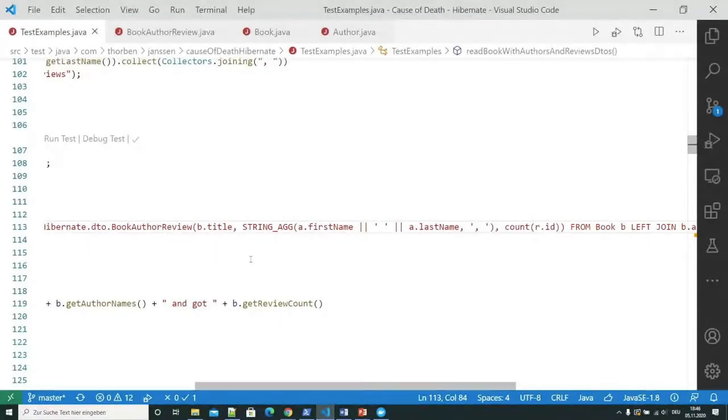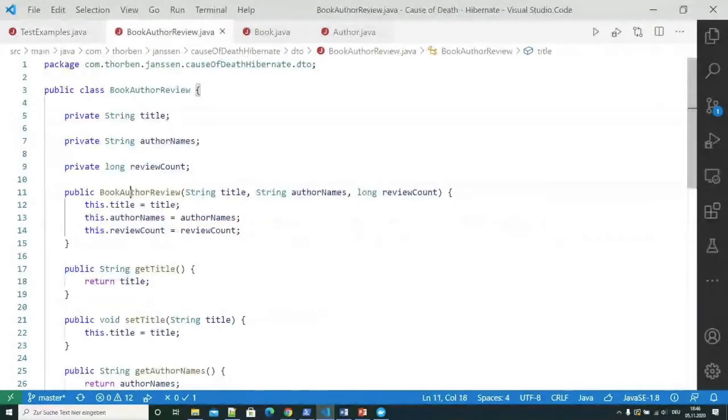So adding one or two basic attributes of an entity to such a DTO projection might be okay. Having more than two or maybe three versions of this constructor up here is definitely a code smell.